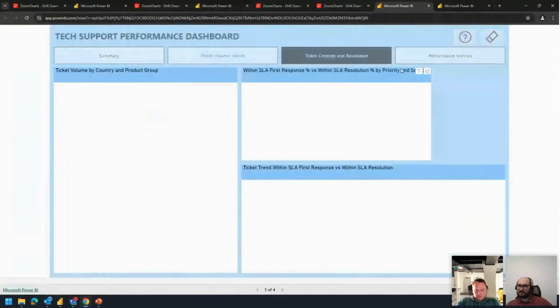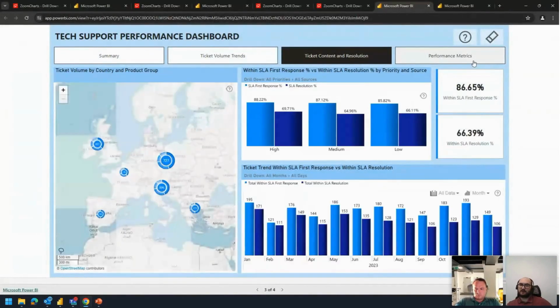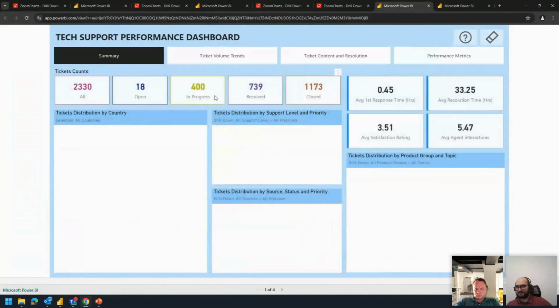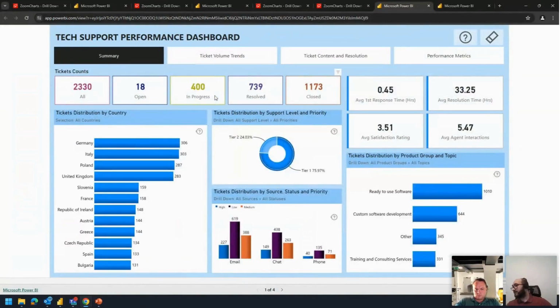From my side of things, so when I went through this report, one thing that I like about it is the fact that it's not super crowded. There's a lot of different cards, but visual wise, there's not tens of different visuals that you try to kind of navigate and understand. But one thing that I wanted to pay attention to and try to figure out is, again, do the colors have any meaning behind them? And even though there's a lot of different colors kind of all around, right? You can see that, for example, high, low, and medium,